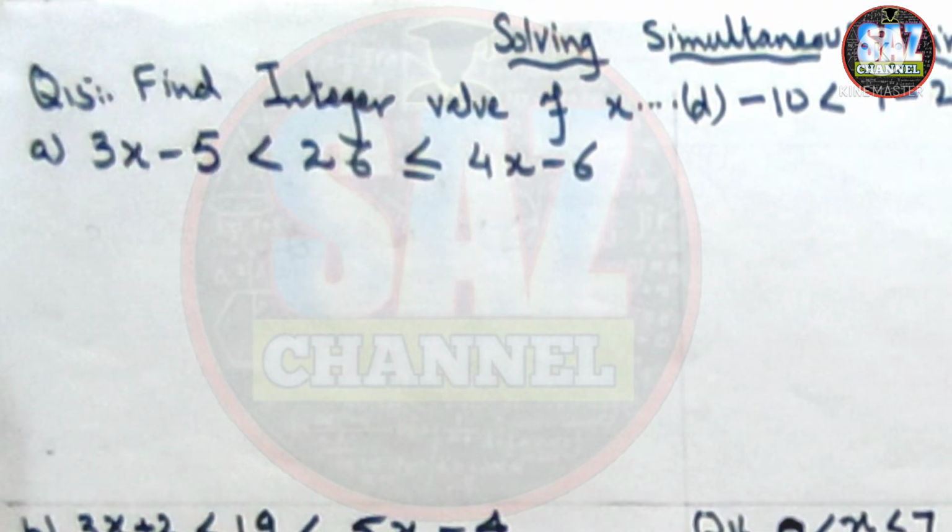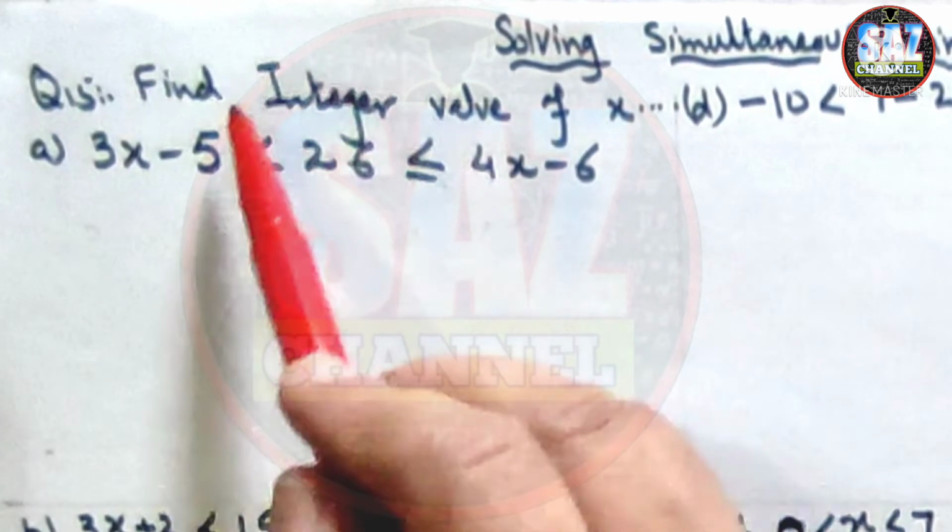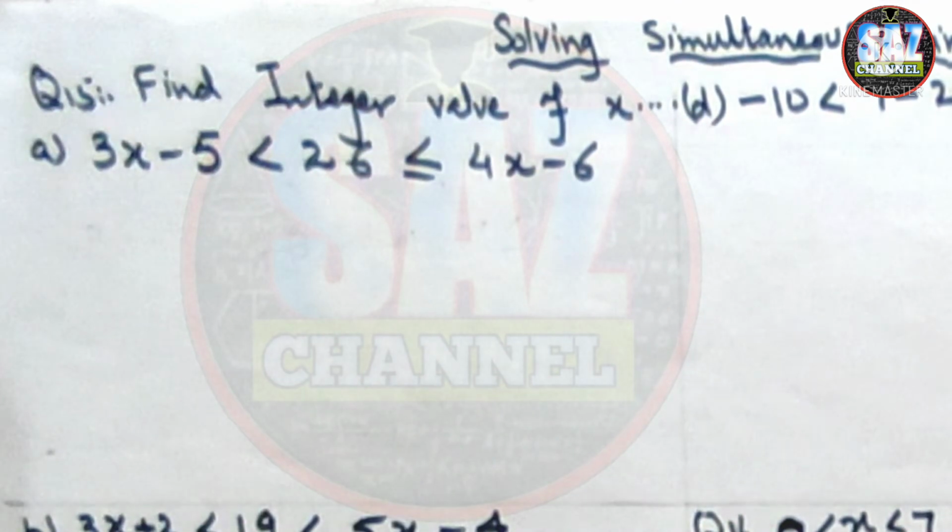Here it's important to understand what the integers are. Integers are the numbers with positive natural numbers, negative natural numbers along with 0. So it means when we will be solving these inequalities, the solution of these inequalities can be either a positive number or a negative number or 0. So let's move to the solution of the question.